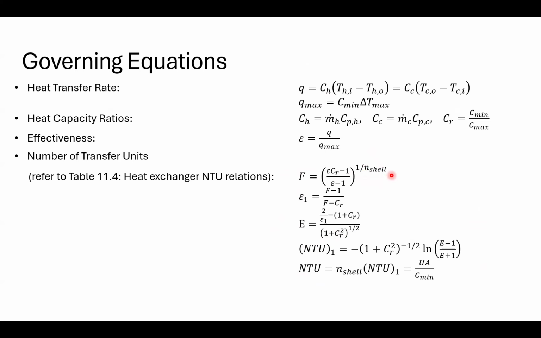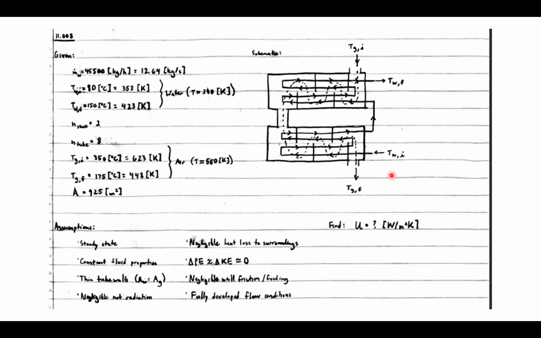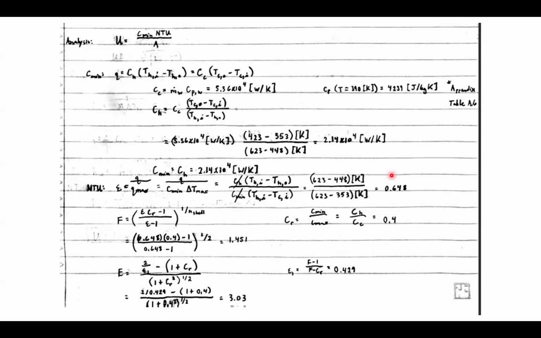And so when we go ahead and look at how to solve the problem, I started off with the heat transfer coefficient. This U term is equal to the minimum heat capacity times the number of transfer units divided by the surface area that heat is conducting through. And when you look at this equation, what you ultimately need to do is find the values of each of these